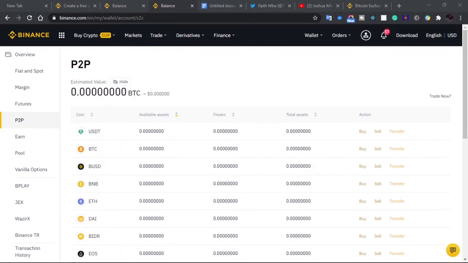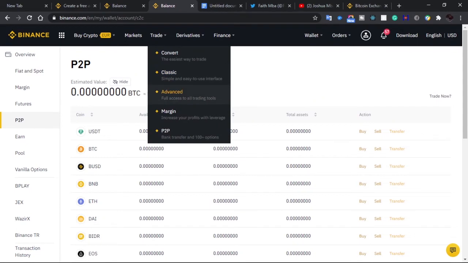All right. So let's proceed with our trading. I'm just going to click on trade, and of course I'll click on advanced. Meanwhile, it's important to know that there are other kinds of trading on this platform. We have the futures, we have the margin, and other amazing stuff you can do on Binance. But for a beginner, and even me that is not a beginner per se, I don't trade futures. I think it's all choice because of the high risks in futures. I don't just want to trade it.